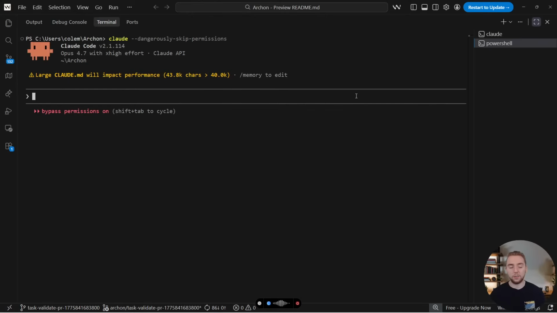Essentially, what I want to do is give you an issue number, and then the Archon workflow is going to load the full context of the issue, and then it will use the tools at its disposal to try to replicate the issue. And whether it is able to replicate the issue or not, it'll make a comment on the GitHub issue either way, letting the user know if it was or wasn't able to replicate the problem.